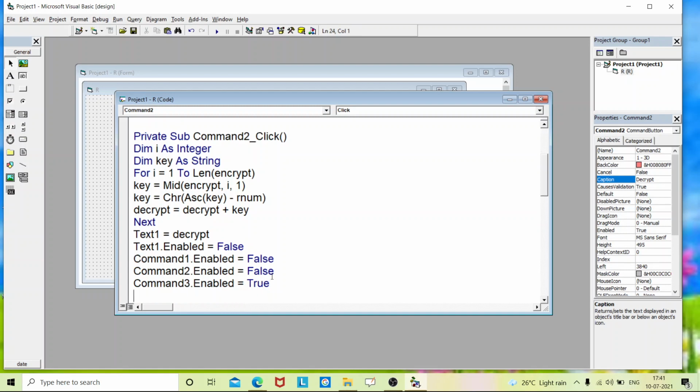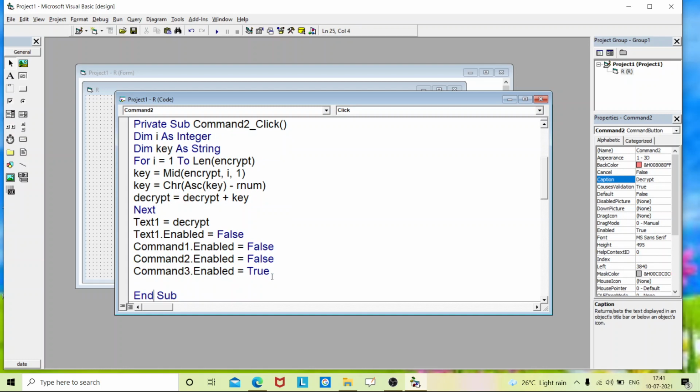So here after performing encryption and decryption, we are just disabling the text box so that it will not allow the user to enter any text in the text box. If you don't enter any text, you cannot encrypt. So we are disabling it, and you cannot decrypt also. It is already in decrypted form only. So for that we are just disabling the decrypt button also, and we are just enabling the clear button so that you can clear your text box and start performing your action once again. So this is all about the coding part.